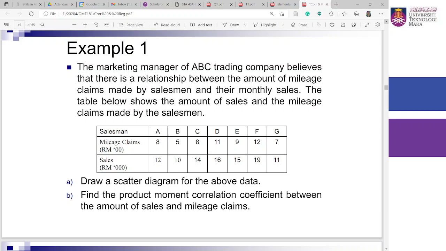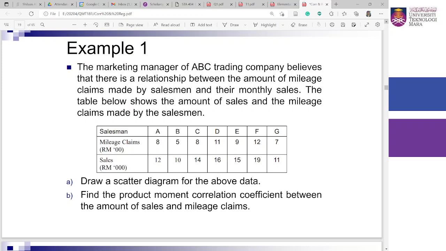So in this case, the first question asks you to draw a scatter diagram for the above data, and the second one asks you to find the product moment correlation coefficient between the amount sales and the mileage claim. So macam mana kita nak dapatkan dia punya scatter diagram? So in this case kita kena identify lah macam tadi. Identify, walaupun pada dasarnya kita tak perlu tahu pun kat bahagian ni yang mana satu independent, yang mana satu dependent